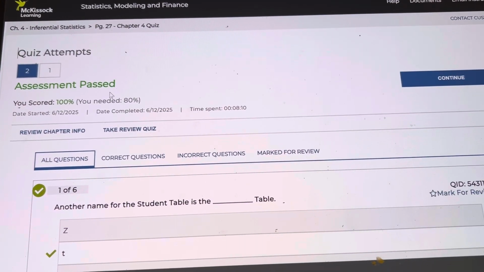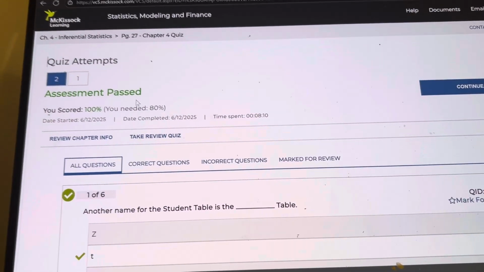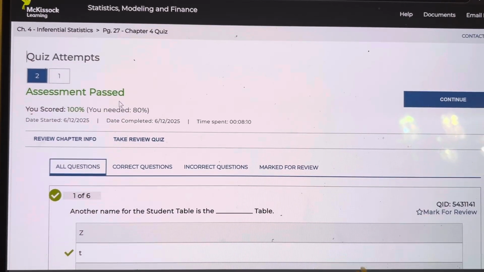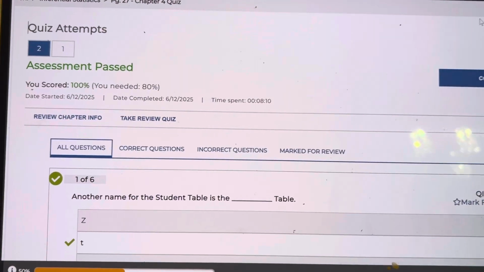Statistics, Modeling, and Finance, Chapter 4, Inferential Statistics, page 27. Chapter 4, Ending Quiz. This was the second attempt. You passed 100%. So remember,